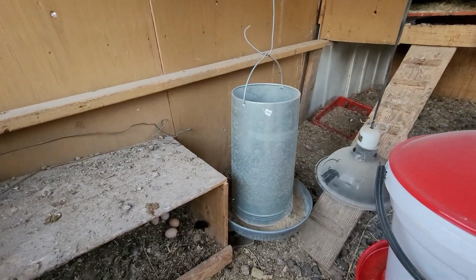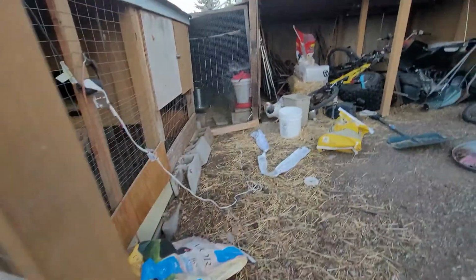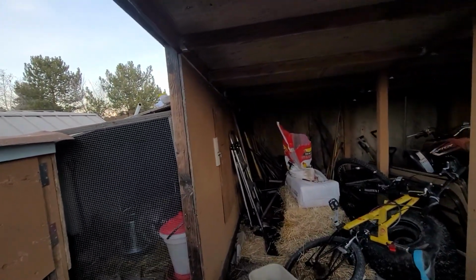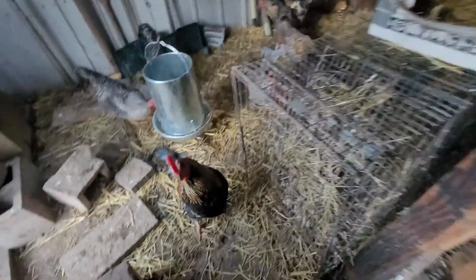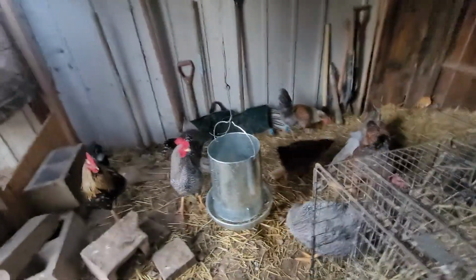That's the automatic feeder, automatic waterer. And today I'm going to show you how to get the feathers off a rooster. So anyways, these are the roosters over here. Got a whole bunch of them. So I'm gonna butcher one,